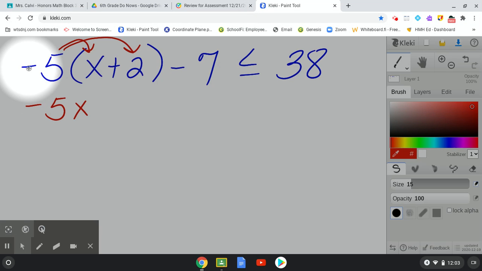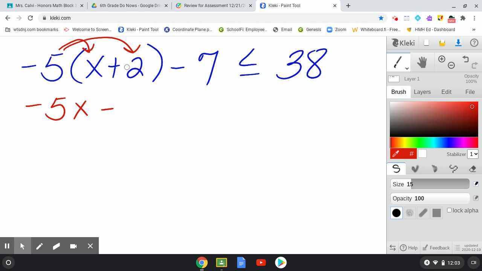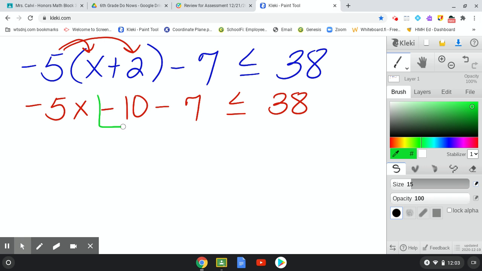A negative times a positive is going to give me a negative. And 5 times 2 is 10. Drop down my minus 7 is less than or equal to 38. All right, I need to combine some like terms here. I have negative 10 and negative 7. Those are like terms. I'm going to drop down my negative 5x. A negative 10 and a negative 7 is going to give me a negative 17 is less than or equal